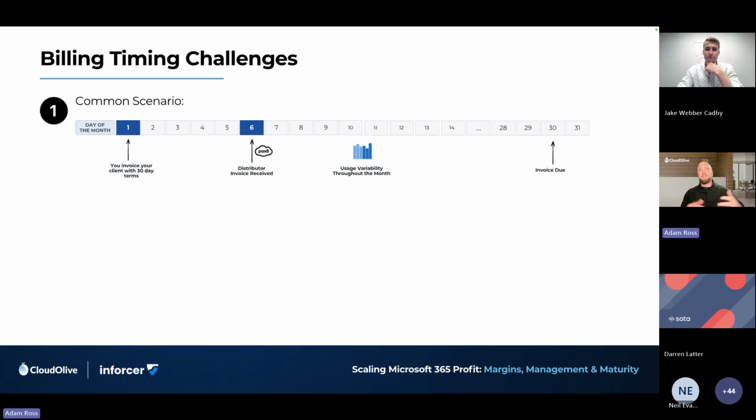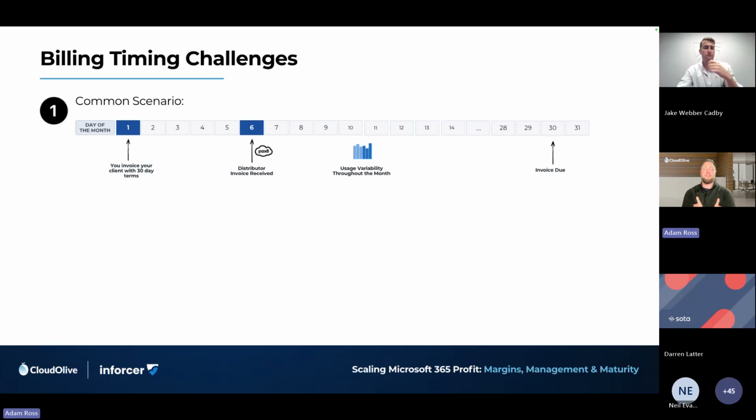And what that does is it creates a lot of stress in MSPs to pull down reports and figure things out, get things done, and then get the bills out on the first. And then depending on the payment terms that you have with your customers, if it's 2 weeks, great. If it's a month, at the end of the day, we believe the right path here is to make sure that you have all of your revenue come in and all of your costs go out within the same month to make reporting really, really easy and stress-free when you're closing last month in the new month. It becomes a lot quicker and smoother because there's just a really good system and process to it.